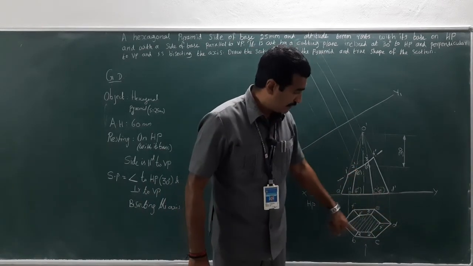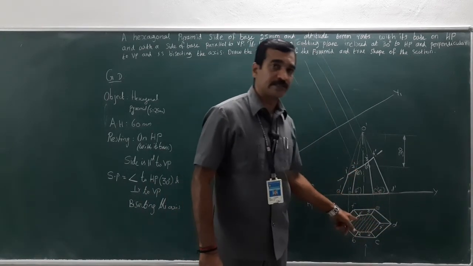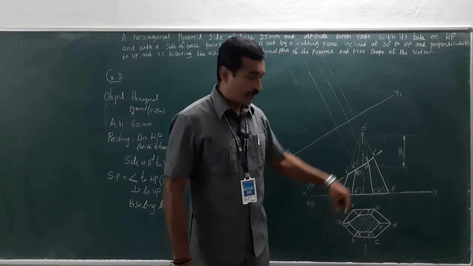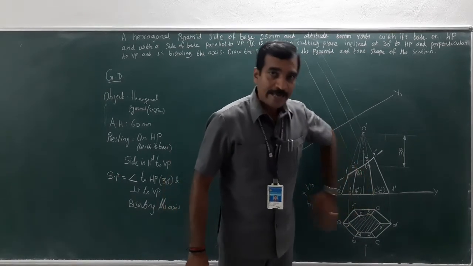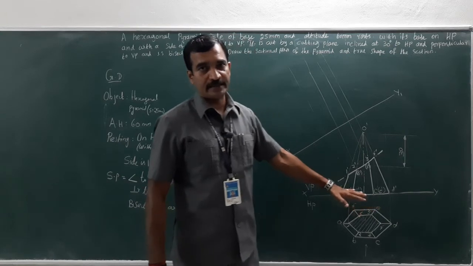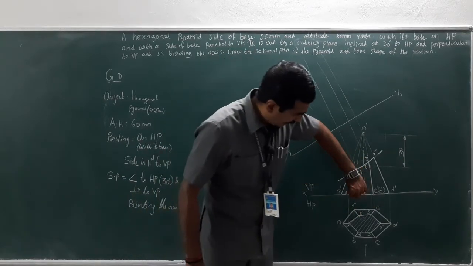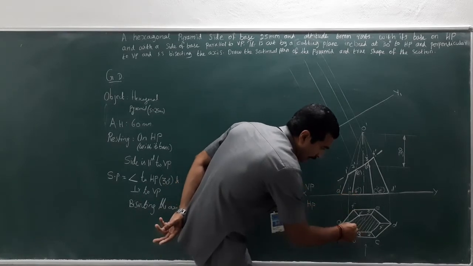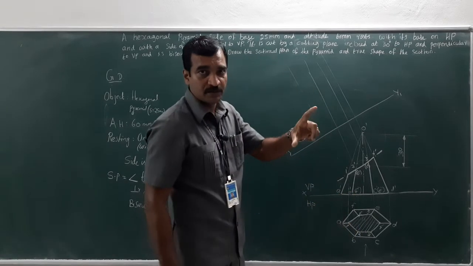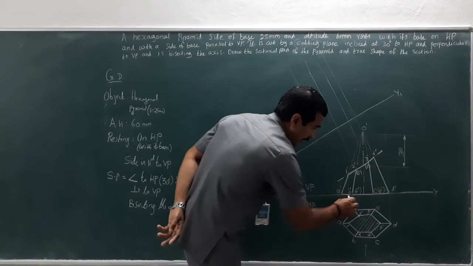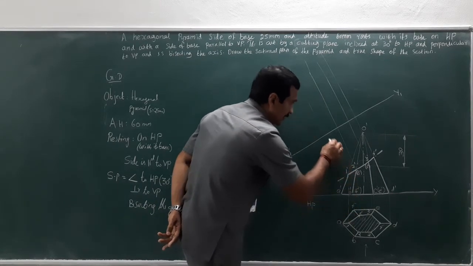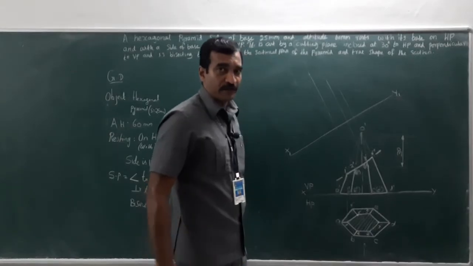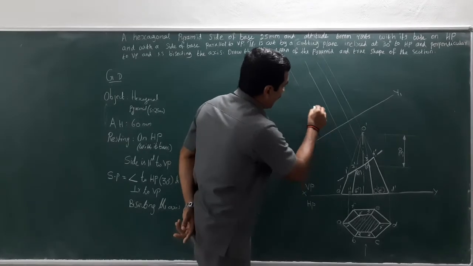That is 1, 2, 3, 4, 5, 6. That is a cut section, isn't it? So I'll have to measure it from the existing XY line, that is the reference line. Now I need to measure it from the reference line with a compass, and look at where this line goes and intersects the new reference line. From here, cut an arc.